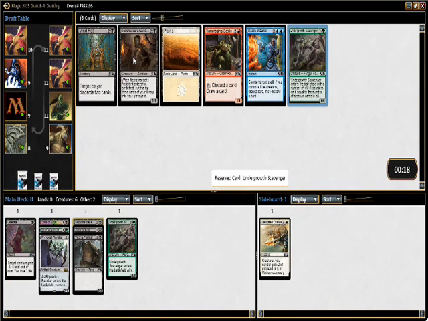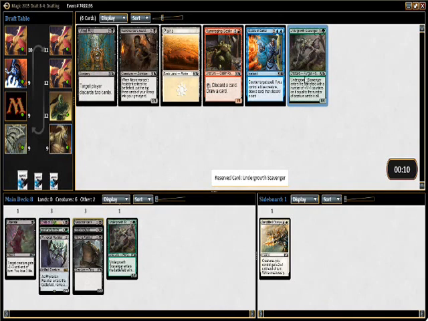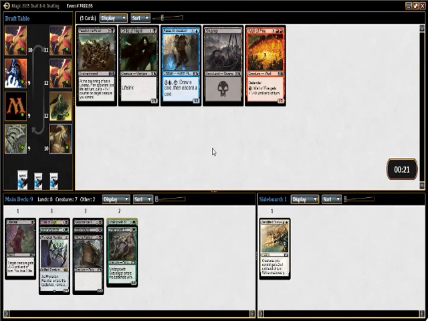This guy's pretty much always worse than Satyr Wayfinder anyway, because the 3 power is not too relevant when it only has 1 toughness, so it's not going to be getting in there and being relevant on the board a huge amount of the time, so